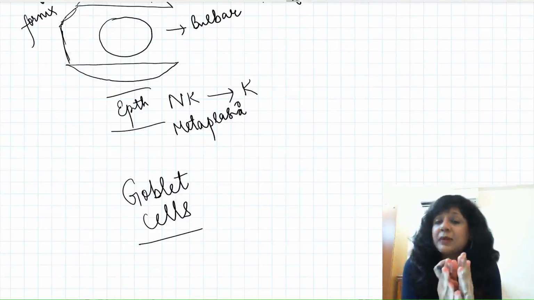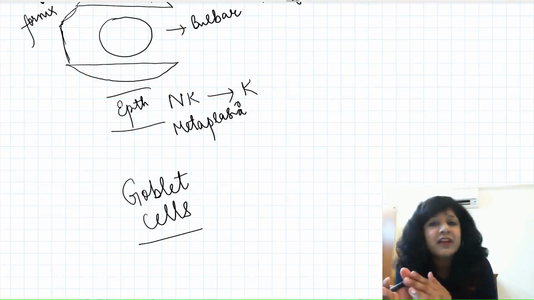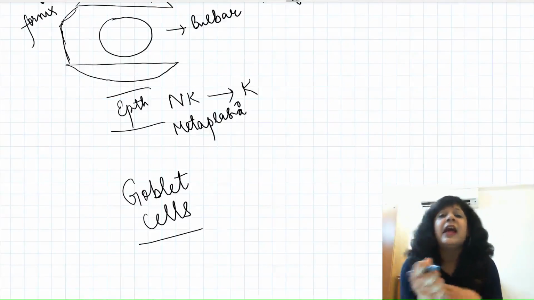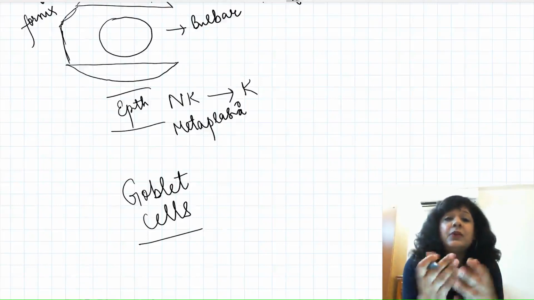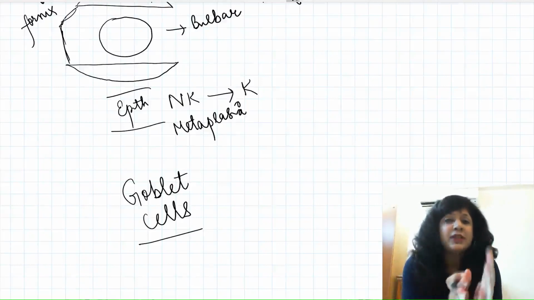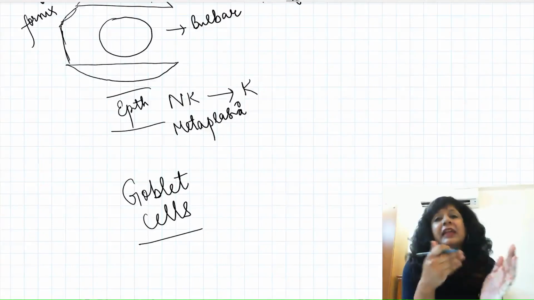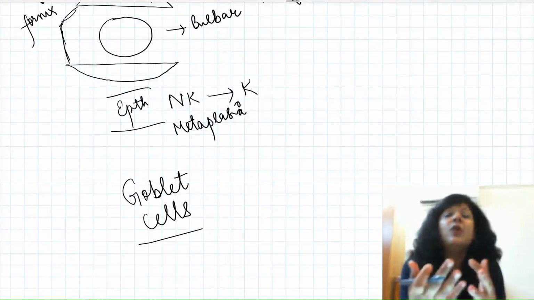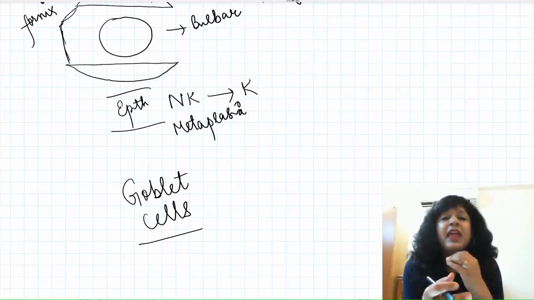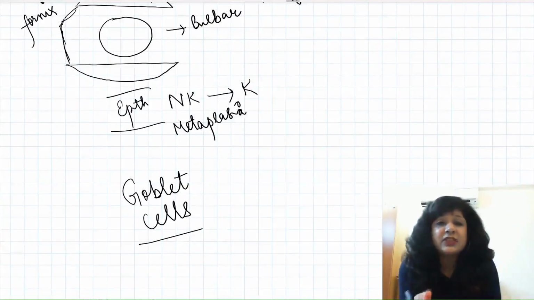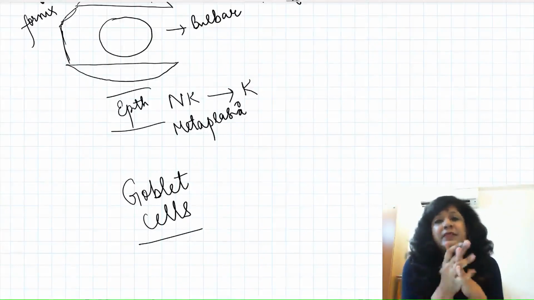Where are they maximum and where are they minimum? They are maximum in the nasal bulbar conjunctiva, they are minimum in the upper temporal fornix, and nowadays we are even doing stem cell therapy for those patients who have a deficiency of these goblet cells. I can give the stem cells, they can be differentiated into goblet cells, and this is how we can treat those patients who have excessively dry eye, like we have in Sjogren syndrome, keratoconjunctivitis sicca. So goblet cells remain important.